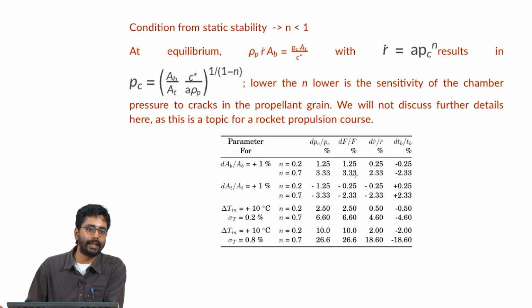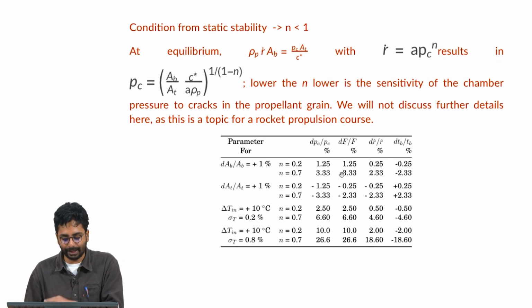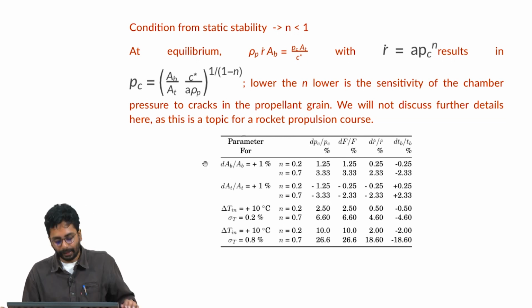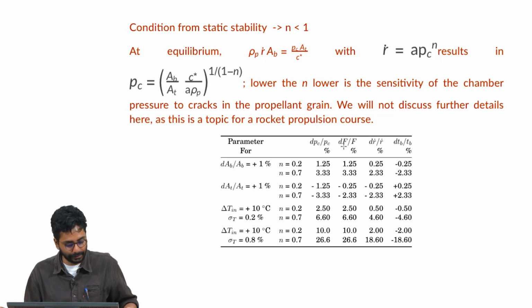The other factor is, if there is a small crack and the index is large, it will lead to a quick increase in the burning surface area, because the crack can propagate because of further burning of the propellant. So, this is the most important limitation in seeking compositions with lower index. The other things can be controlled in a much better way than the burning surface area of the propellant. Anyway, I will not go into the details of this as this is for a rocket propulsion course. We are not looking at rocket propulsion per se.